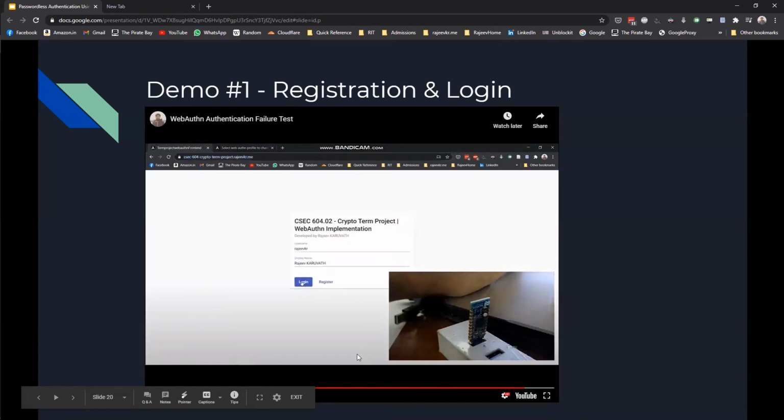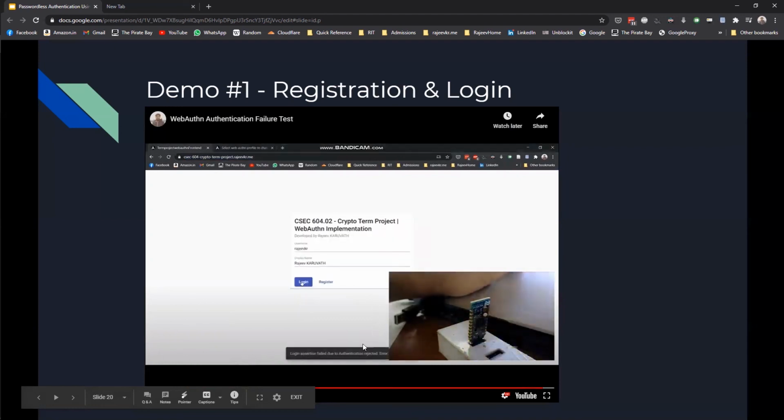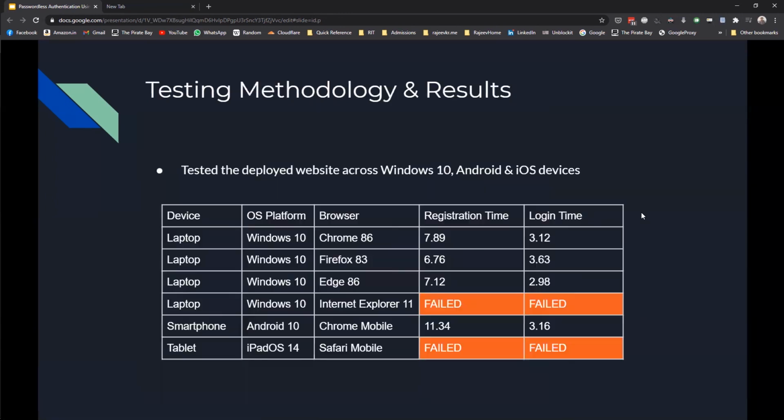The authentication would reject. It would ask me to verify. And after I give the response, it says assertion failed. This is because the signatures won't match anymore, because the public key saved on the server side is different, which means it was registered using a different authenticator.